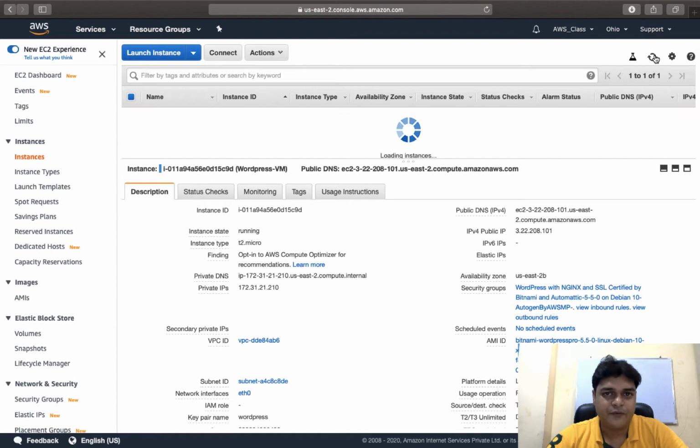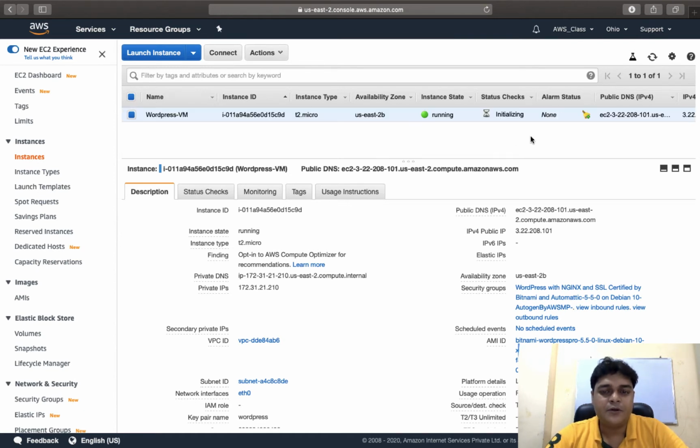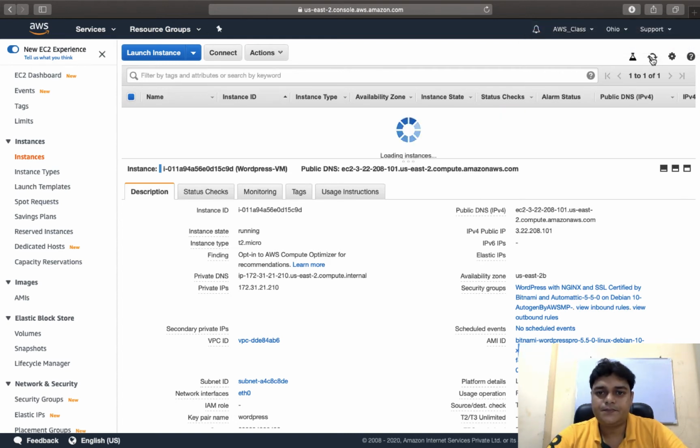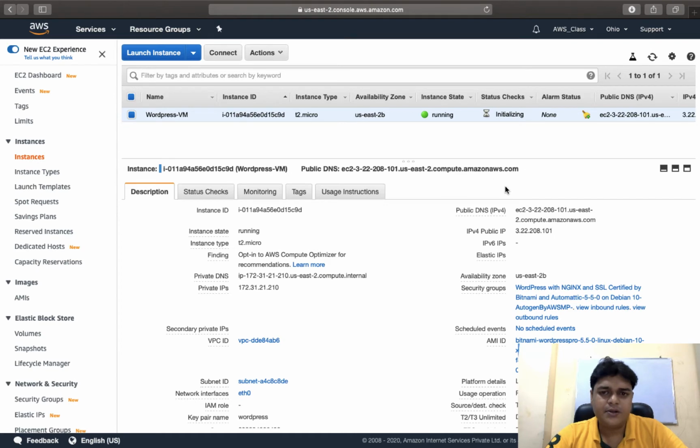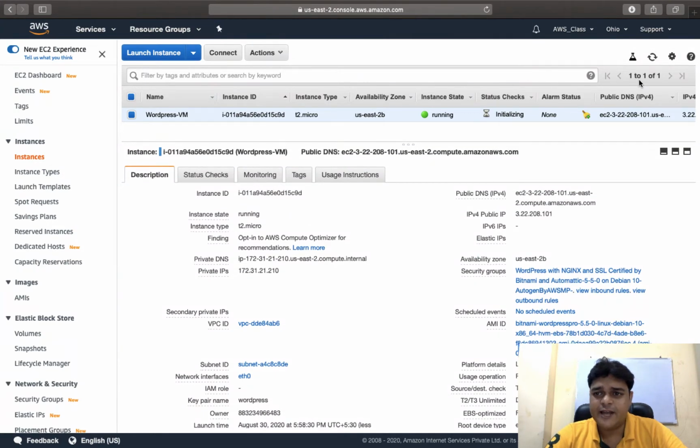So guys, this is our VM that we created, and in this particular machine a WordPress service is automatically installed in the backend. It will take 3 to 4 minutes to completely initialize the virtual machine.